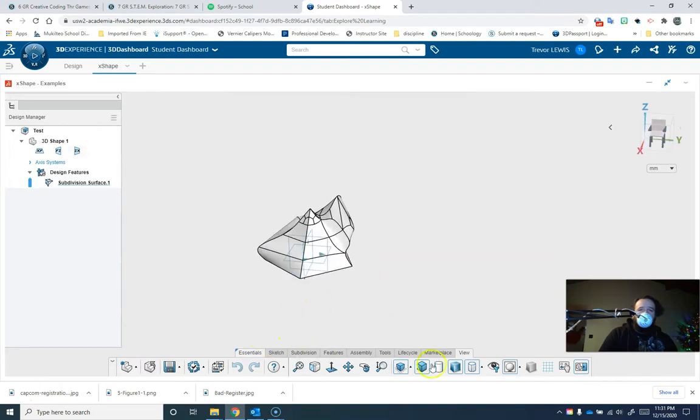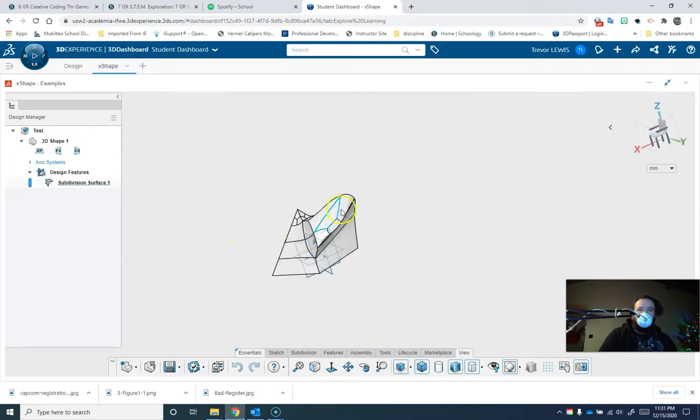So a lot of these tools are the same, except you're going to heavily use this one called Subdivision here, I think. This is the one that I've figured out the most on so far, so that's where I'm going to focus. But the other thing that you're going to want to switch to a lot is View, because these little